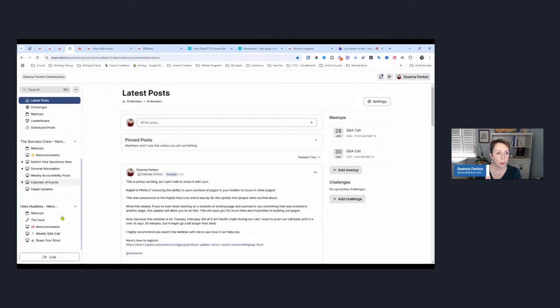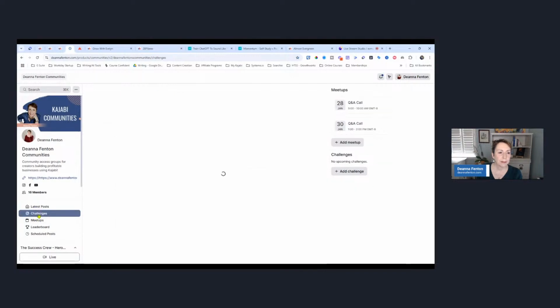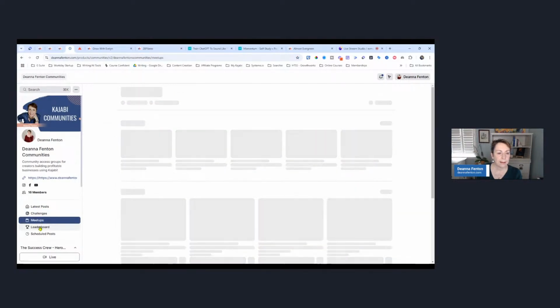But access groups, remember, members only see the content of the access group that they belong to. So my Success Crew people also see Hero Huddles, but Hero Huddles does not see Success Crew. So keep that in mind. What they've changed primarily, no more top level navigation. The navigation is down here on the left-hand sidebar.